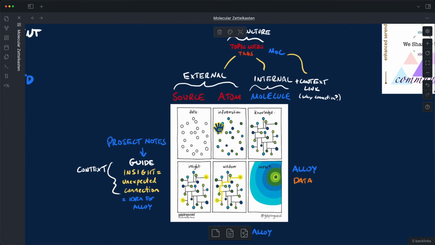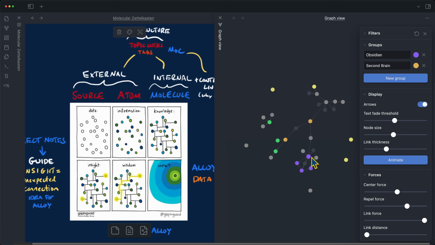You can see here that the different information dots we have now are linked by lines, which is exactly like the knowledge graph in Obsidian. You can see here that we've got pieces of information, singular notes that have been connected to one another to form linkages. And again, this is how you introduce knowledge from information. If you take a single quote from a source, you turn it into some form of atom, and then you link multiple quotes together, now all of a sudden you're starting to get into knowledge because you're applying that information.